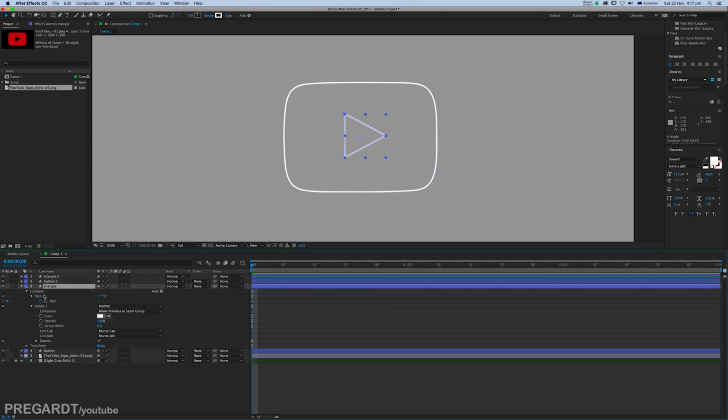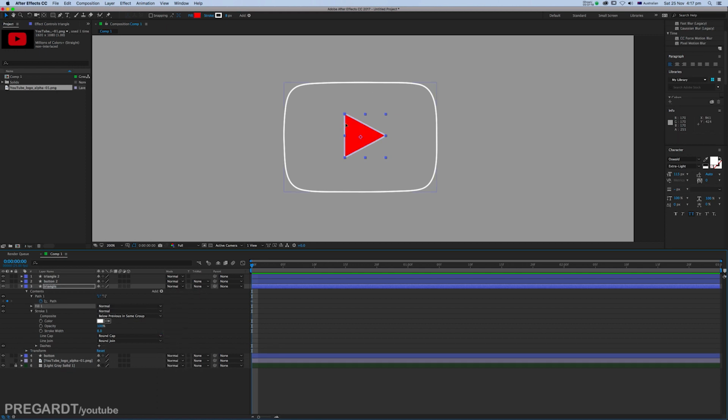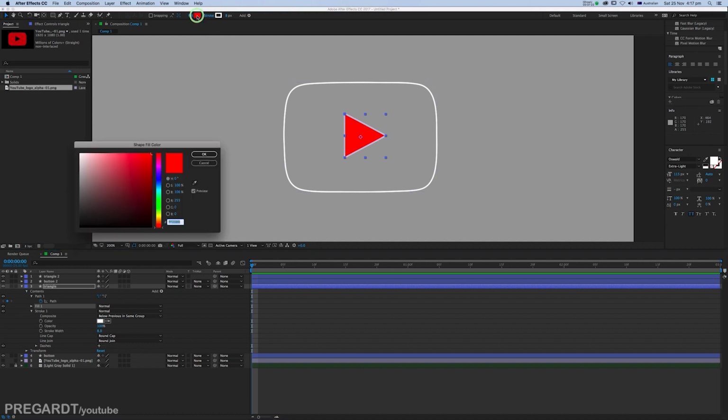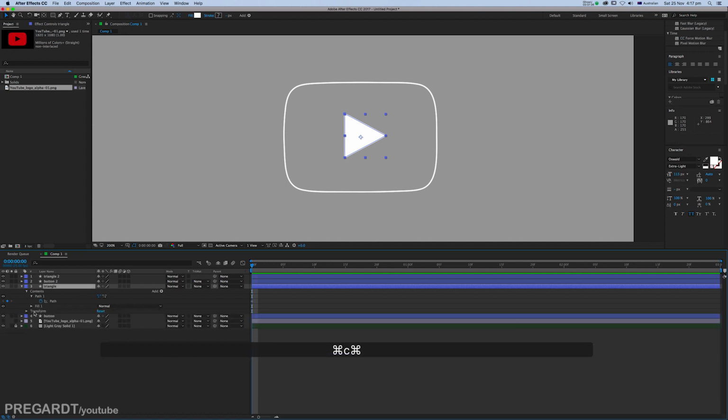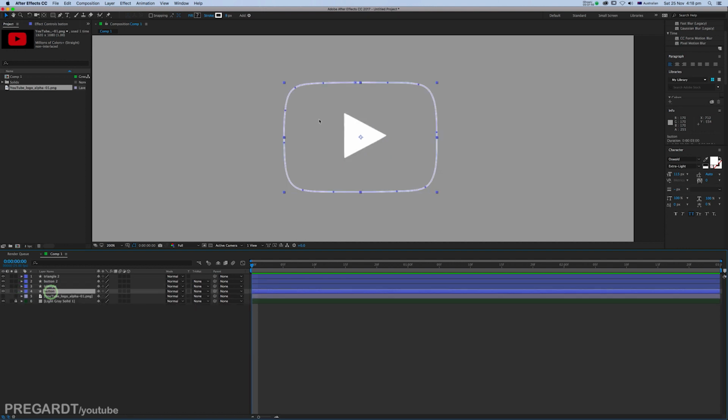So go to this add section and click on the little arrow and go to fill, and as you can see it's added a fill, and I'm going to change the color to white because it should be white, and you can delete the stroke because we have the stroke up there, so we don't need the stroke anymore on this layer. Just hit backspace. So for the button as well,